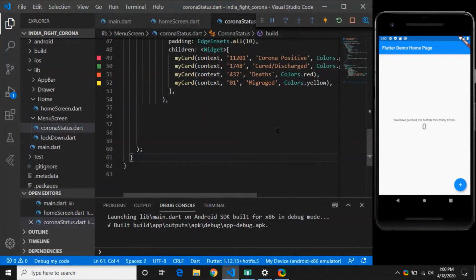Hello friend, I want to tell you something. Sometimes when your app is built, it is showing the old device or old layout. At that time, what you have to do is press Control S. So after saving this,